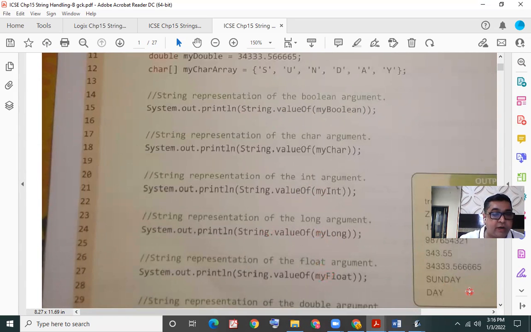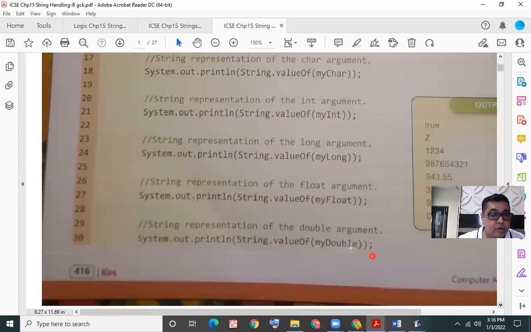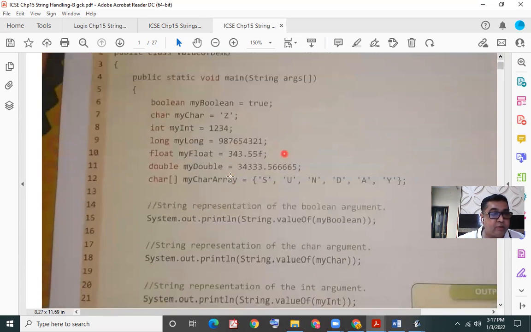Here the float value is getting converted. The double value is being converted. All these are variables of respective types. myDouble is the name of the variable that the author has given, declared as double type, and the value stored in it is 34333.56665. So this value would get converted to string.